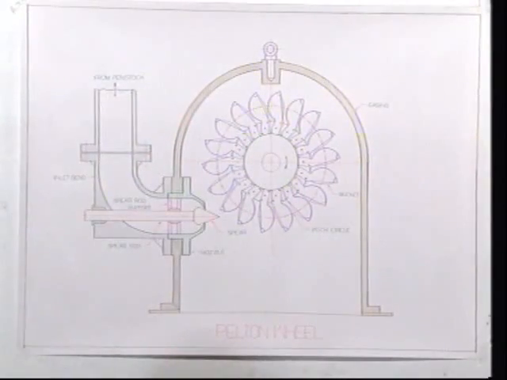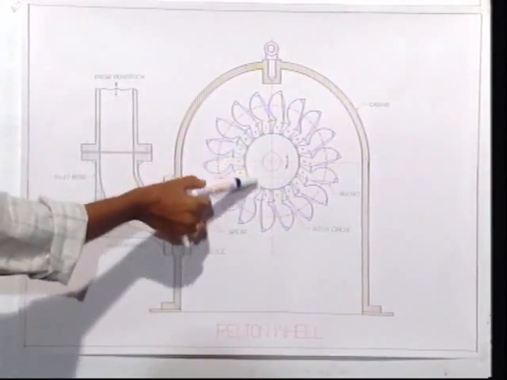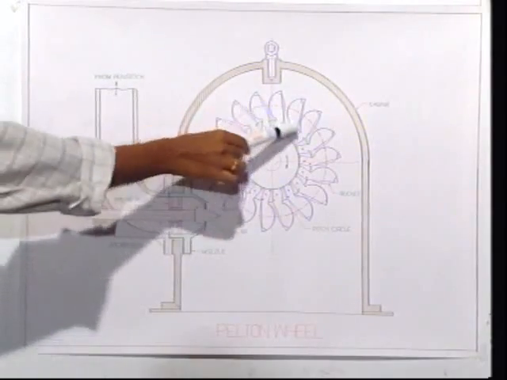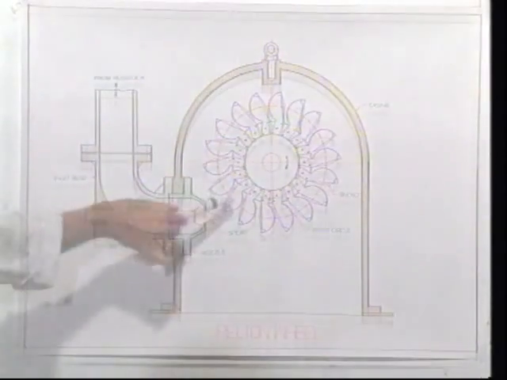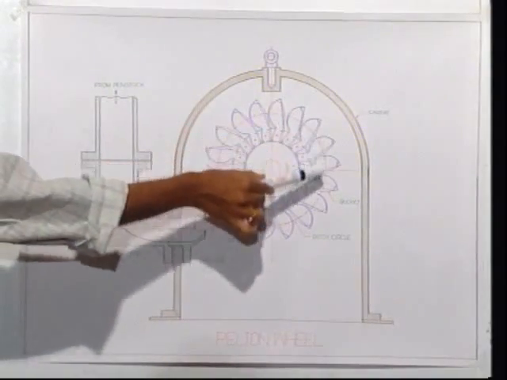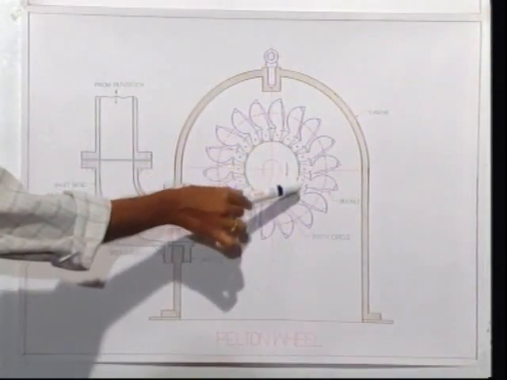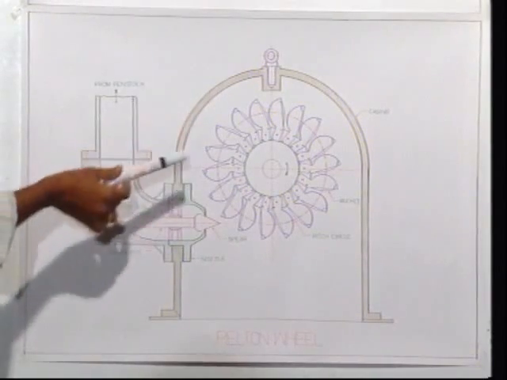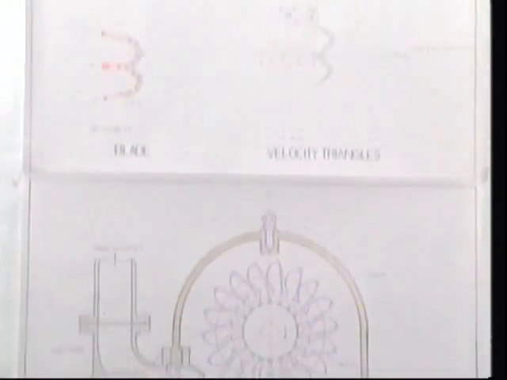Now we will learn about Pelton wheel, which comes under the heading of impulse turbine, and it is also a high head turbine and low specific speed turbine. Now we see the construction details of the Pelton wheel. This is a view of Pelton wheel, in which this is the runner, on which there are a number of blades mounted. The runner consists of a circular disc with a number of buckets evenly spaced around the circumference of this runner. The shape of this runner blade is